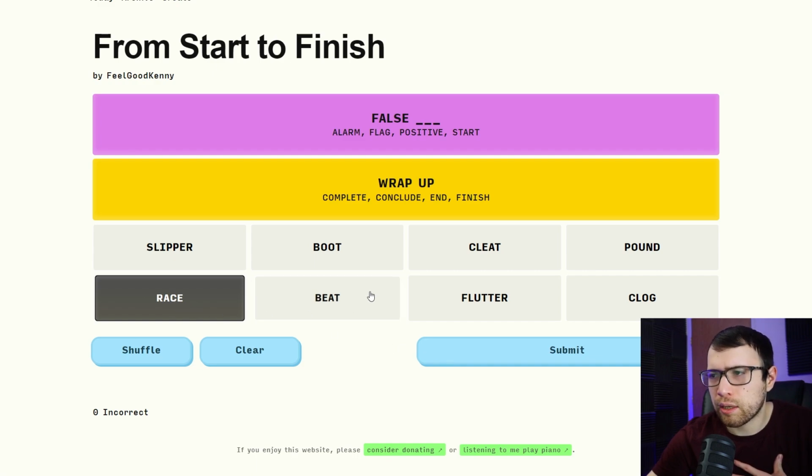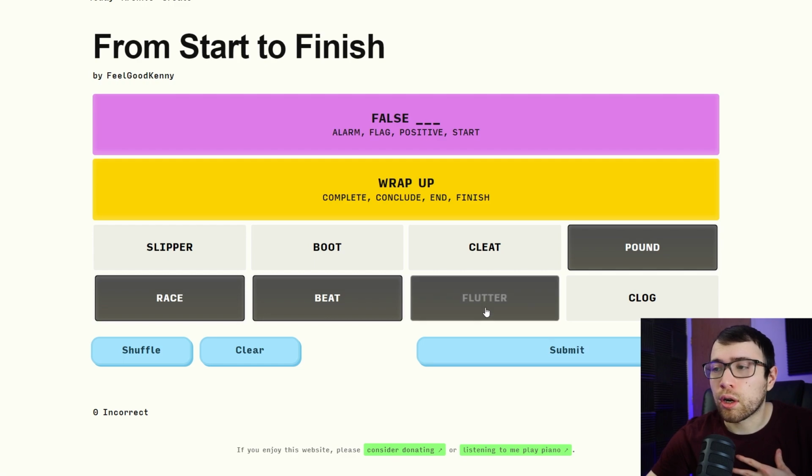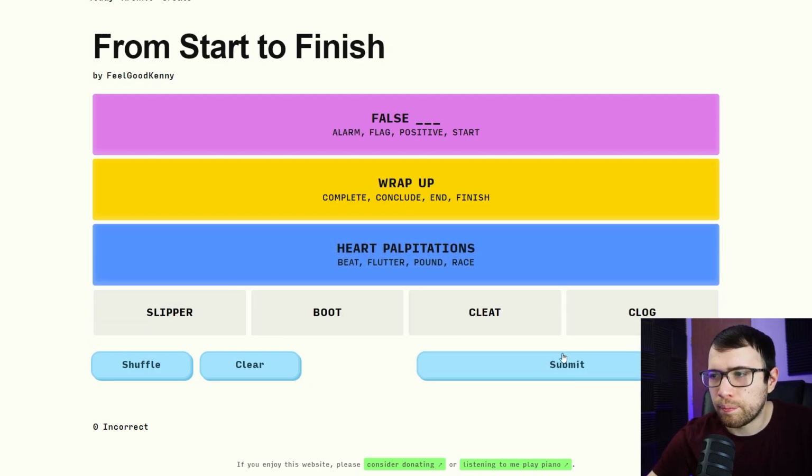But yeah, I thought about your heart racing, like beating really fast. So your heart can race, it can beat, it can pound, your heart's pounding, and then your heart can also flutter. I didn't know about the word flutter going with this, so I looked it up. I had race, beat, and pound for your heart going really fast, kind of like descriptions of your heart beating fast. These are heart palpitations. I didn't know that was the word for that. I basically learned that just now through creating this.